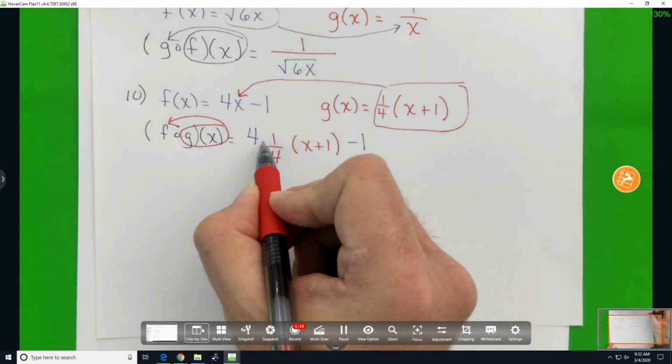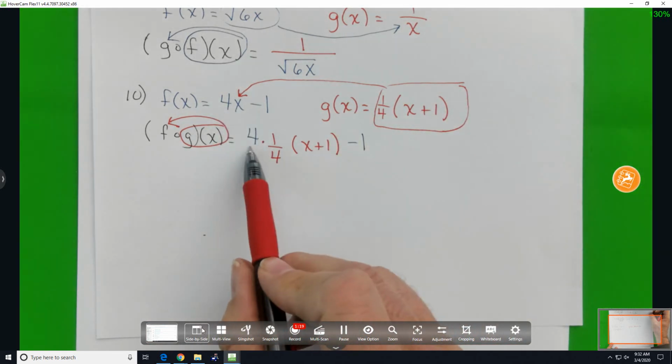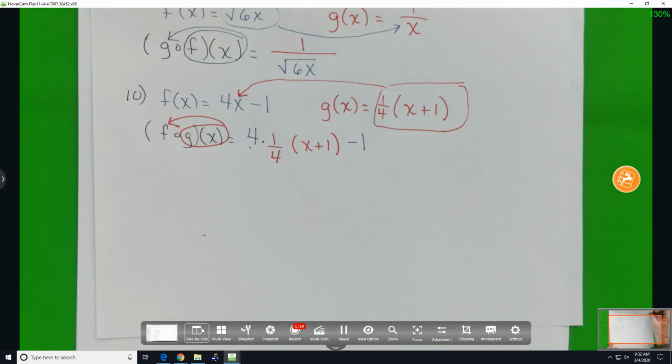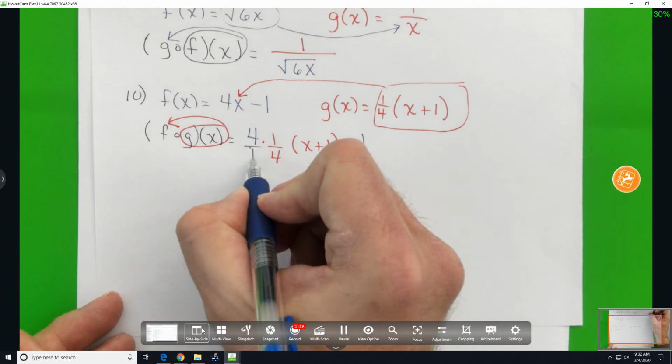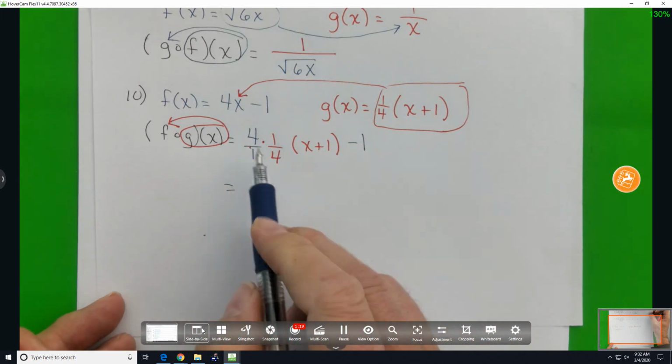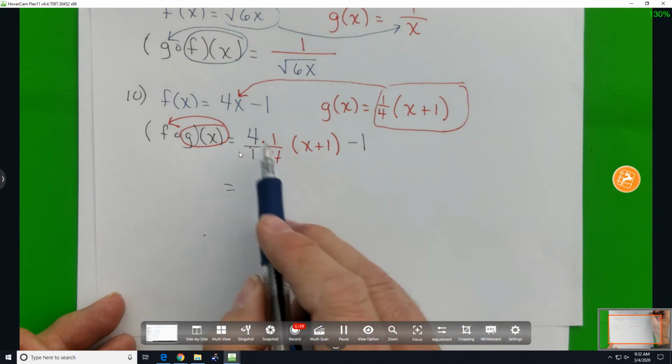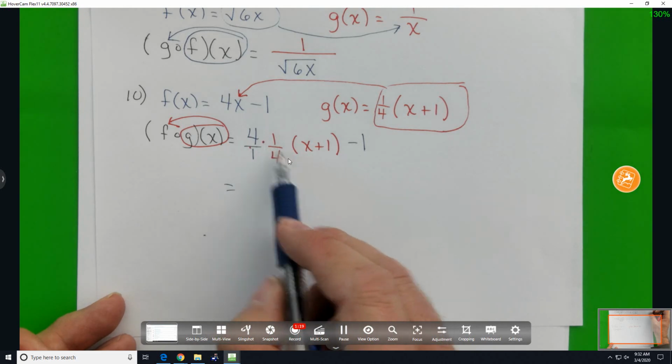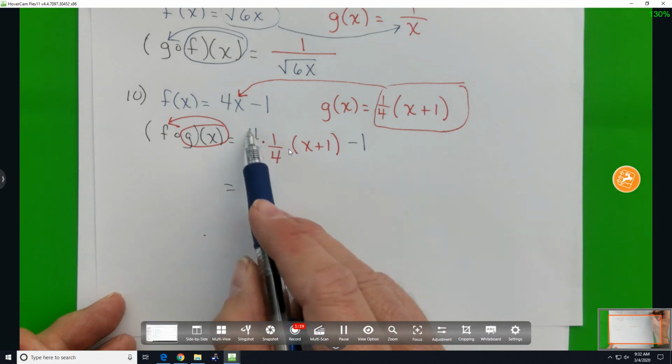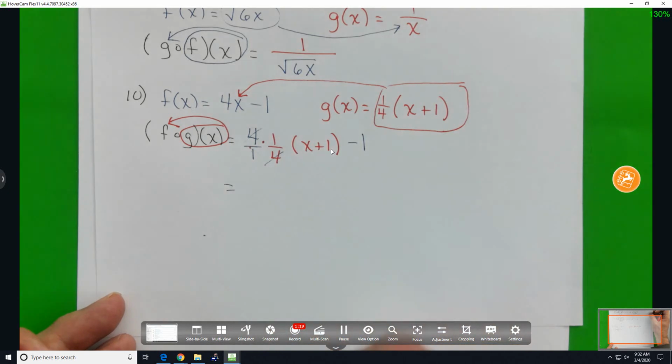Now this operation here is times. And remember, you multiply from left to right. So you said this is going to be messy. I think it's going to work out pretty nice. What's about to happen, y'all? What's going to happen to these fractions here? They're going to cancel out. Those 4s are going to cancel. So all you're going to have to distribute over the x plus 1 is